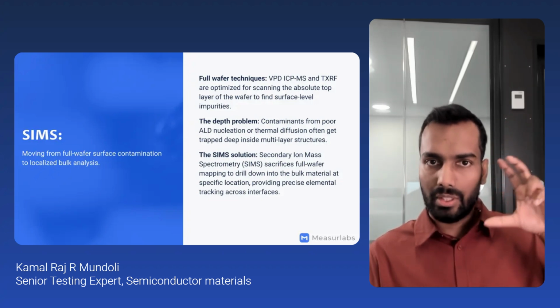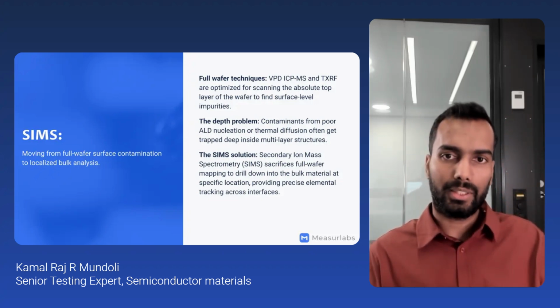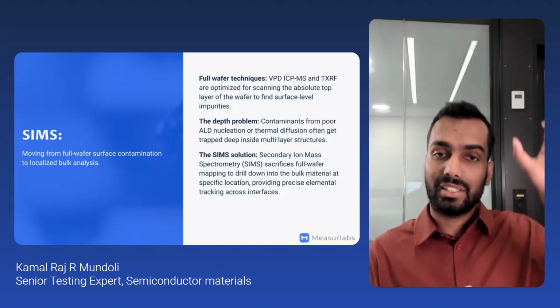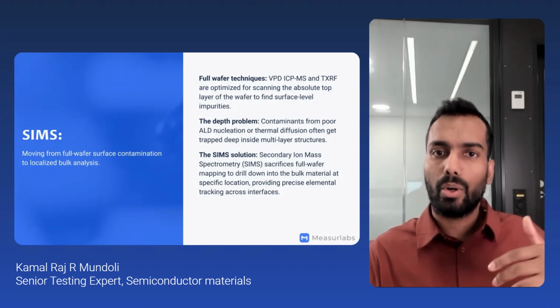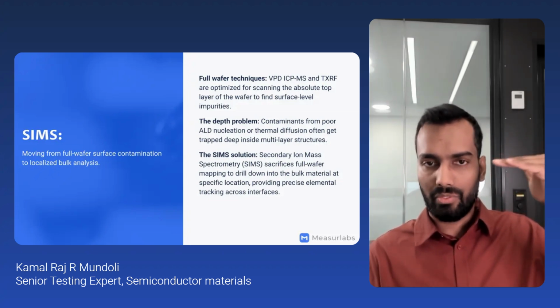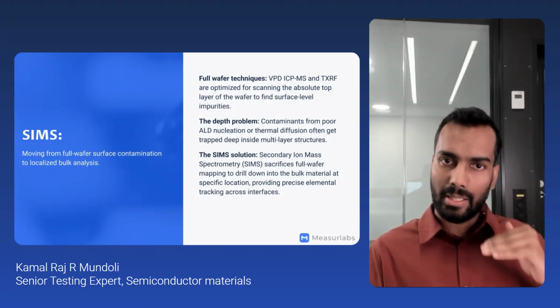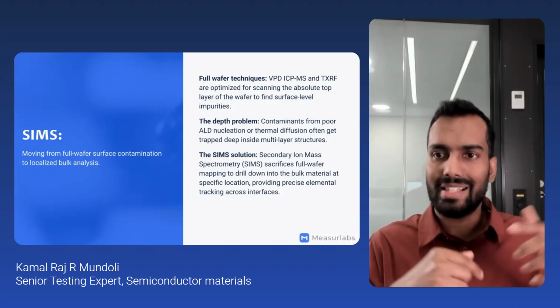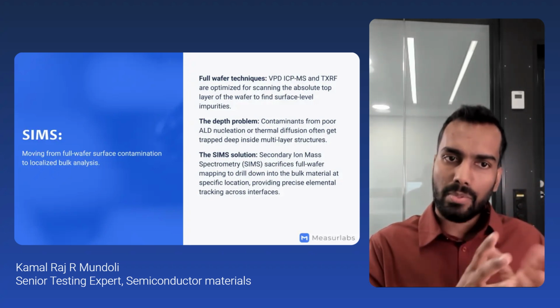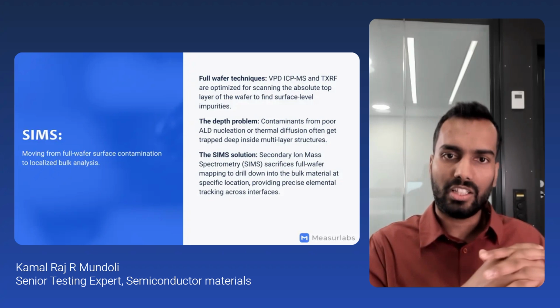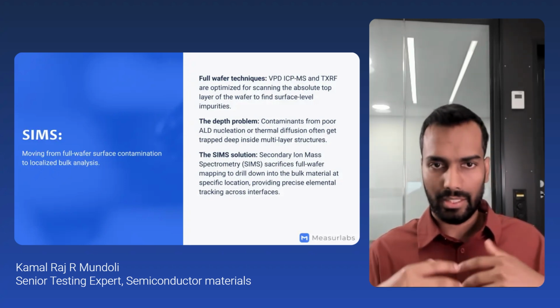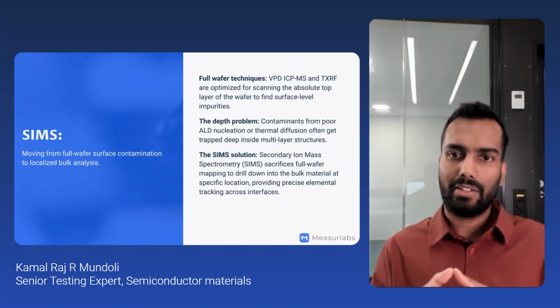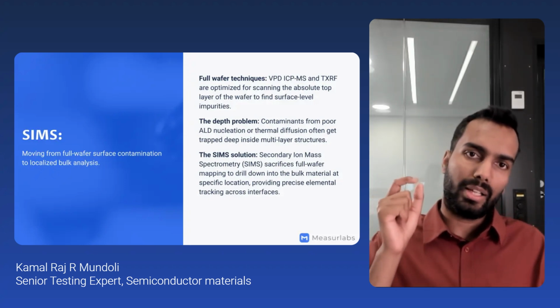from the full thin film would give us information that there is some contamination somewhere in the film, but we would not know if it's at the top of the film or if it's at the bottom of the film next to the substrate or if it's somewhere in the middle because there was some kind of process changes in between. The SIMS solution tackles all these problems by intentionally sacrificing the full wafer mapping to look at a specific